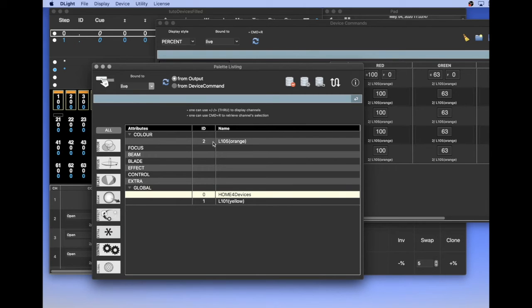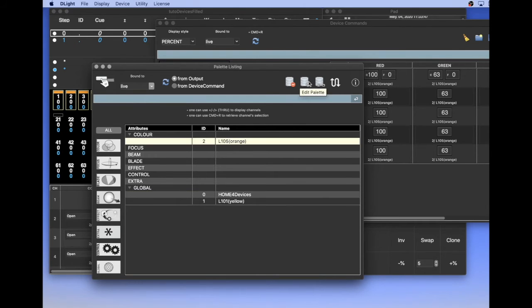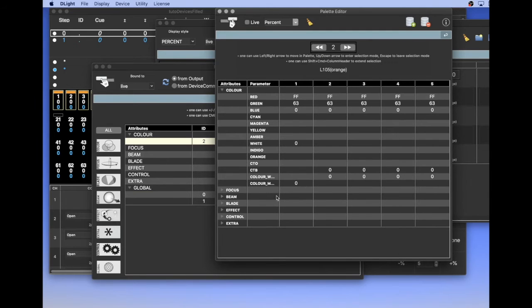It means that this palette has no focus level, so you can apply this palette wherever the device is.